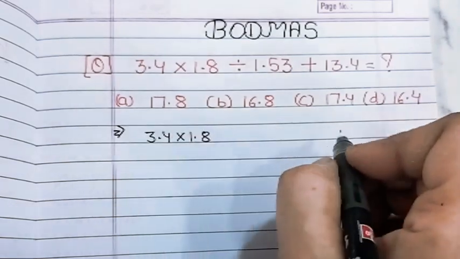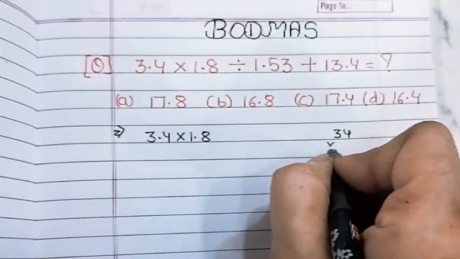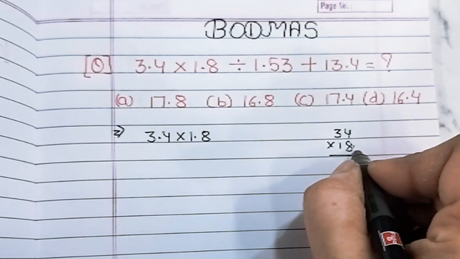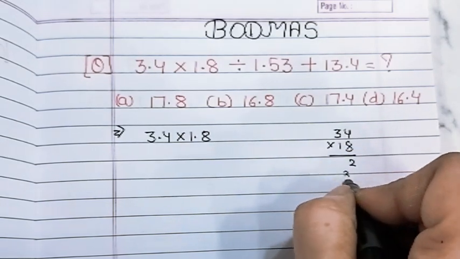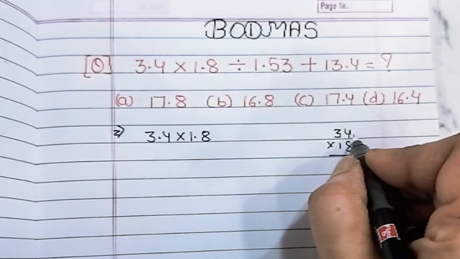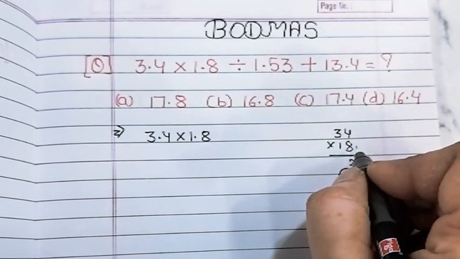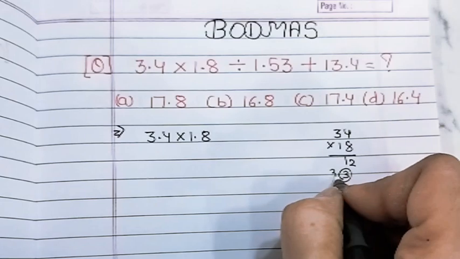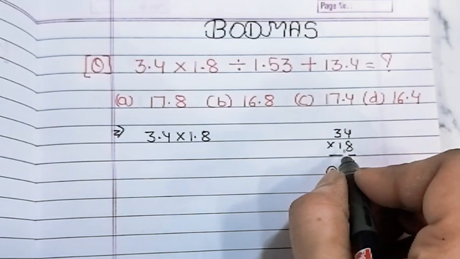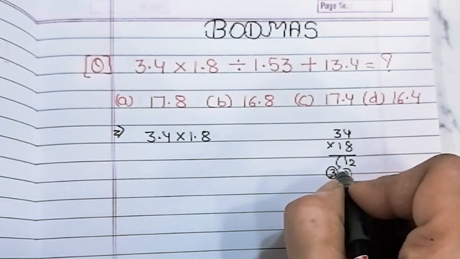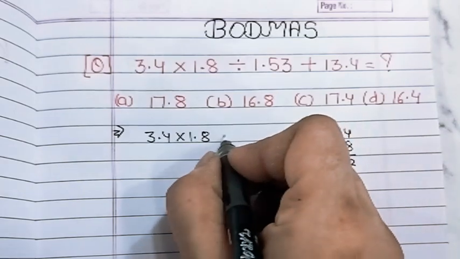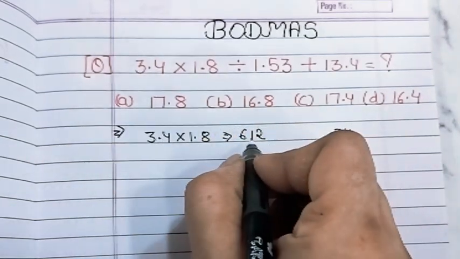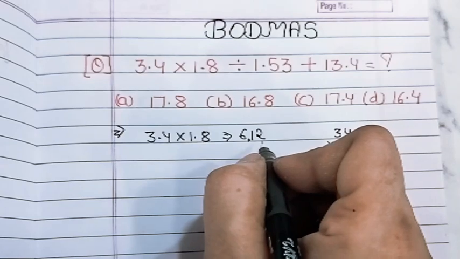Now you can use the Vedic math trick, crisscross multiplication. By using it, you can take any 2 digits. So 8 4s are 32 and 3 will be carry over. 1 4 is 4, 8 3s are 24, 24 plus 4 is 28, plus 3 it's 31. So 3 will be carry over. 1 3 is 3 plus 3 that is 6. So 612 is the answer, and after the 2 decimals you have to put the decimal over here.